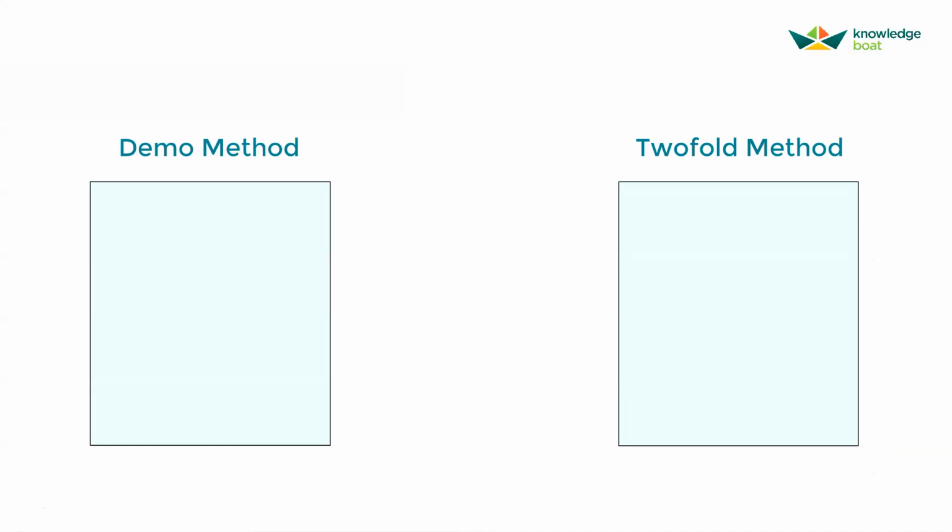We have our demo method and twofold method again. This time, demo method has an int array of 5 elements which it wants to pass to twofold method. Array is a reference type, so demo method can't use the pass by value technique it used earlier. It has to use pass by reference. So it will not create a copy of this box containing this array. Instead, it will place this box in the middle between demo method and twofold method so that both demo and twofold method can access it.